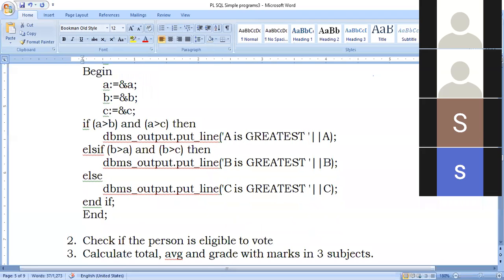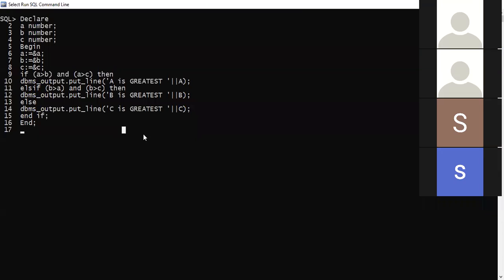Now can you see the Oracle SQL screen? No, ma'am, still it is showing the Word document. Okay, I can try one more option. Now you can see the command line. Yes, ma'am. Is it clear? Yes, ma'am.